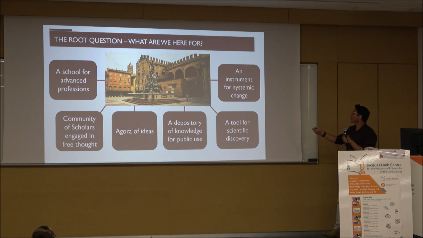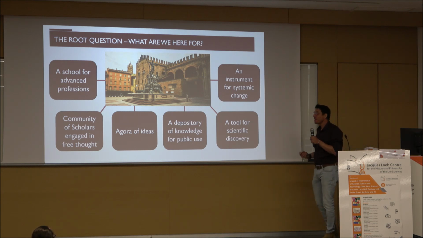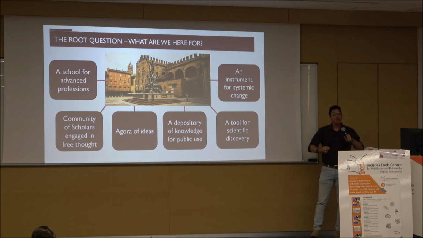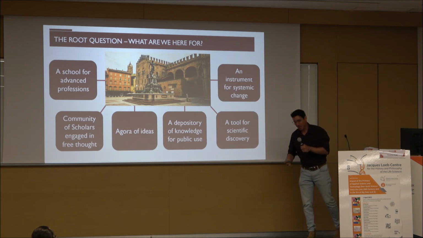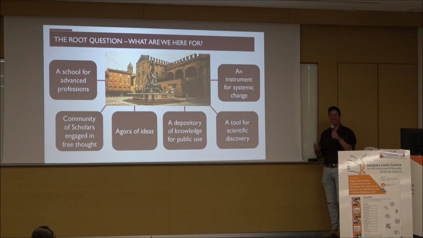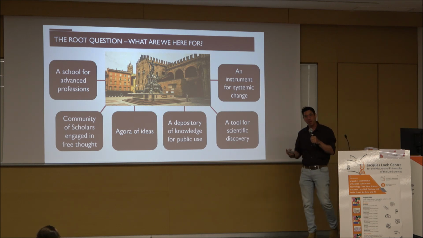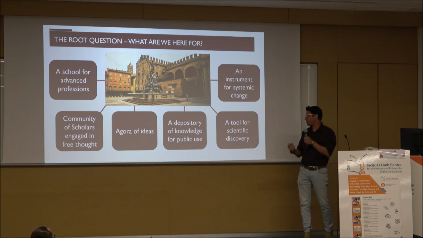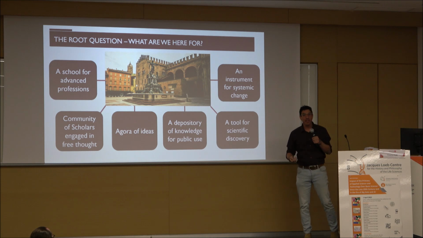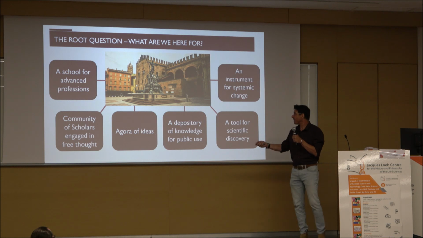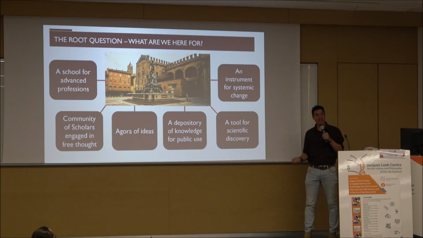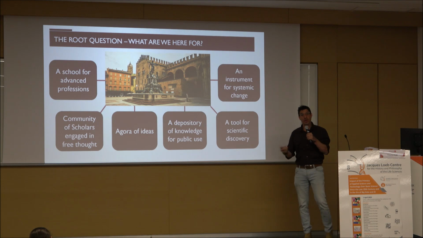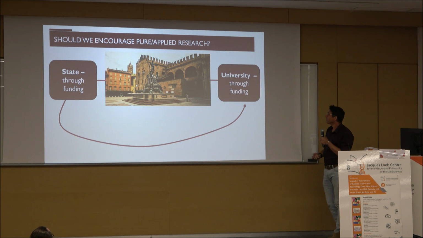And some people would argue that the university is an instrument for systemic change. It's a way to change society for the better. And that is fine, because she knows what I think about this kind of definition. But okay, some people would disagree with us, and we look at the university as a tool for that, for systemic change. And of course, the answer is all of the above. And depending on where you are in this list, you'd want to push towards applied versus pure science. And there is no right answer, right?